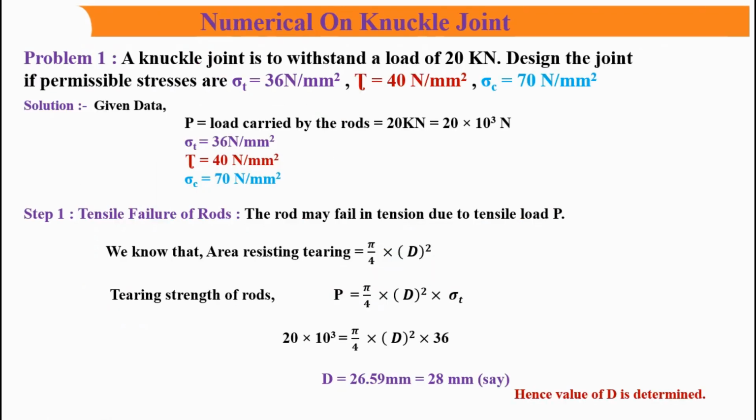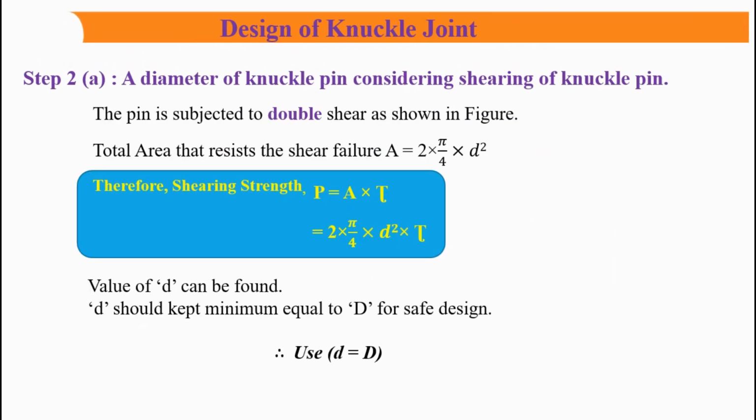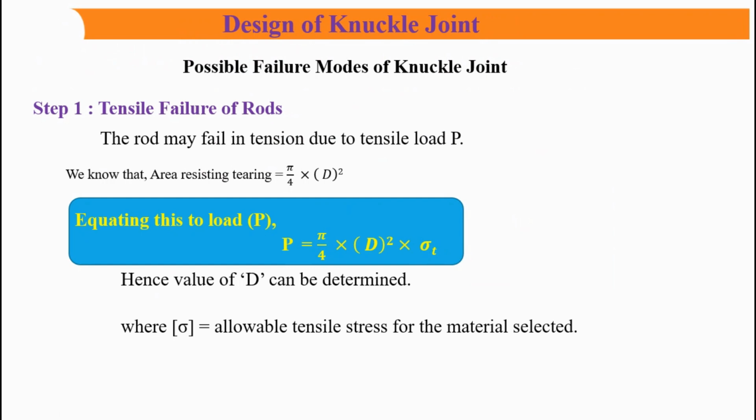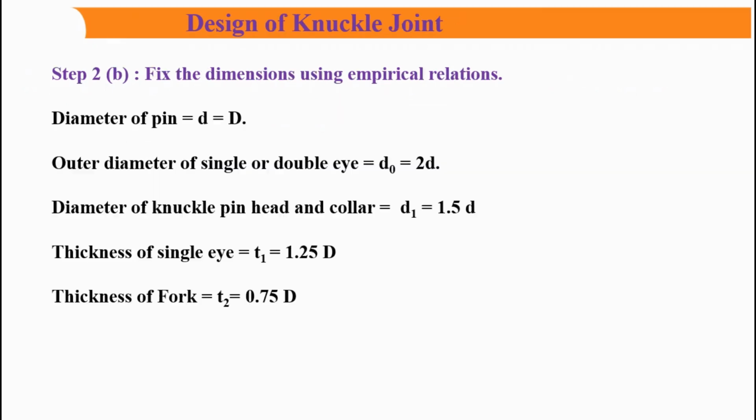So we have seen the 9 steps of the knuckle joint, and let me revise them. Step number 1 is tensile failure of rods. By this step we need to calculate the diameter of the rods. Then in step 2A, we need to consider the diameter of the knuckle pin, considering shearing, and we know that the pin is subject to double shear. By this formula, the diameter of the knuckle pin can be easily calculated. After this,